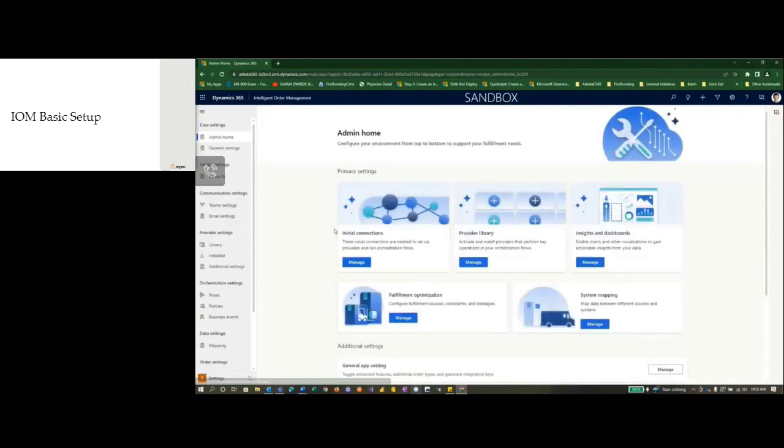So I click on there, and we get into the settings area, and we're in the admin home area of the system. And you'll notice there's a primary settings area here in the middle. A few things I'm going to walk through are the initial connection, the provider library, and then we're going to look at fulfillment optimization, and then I'll also show you just a little bit about